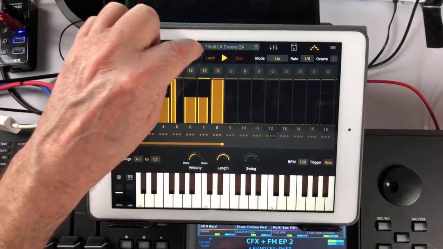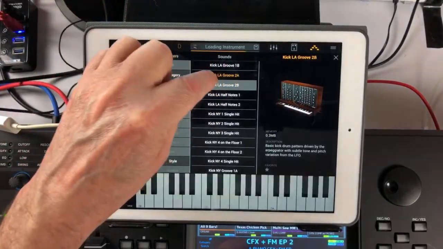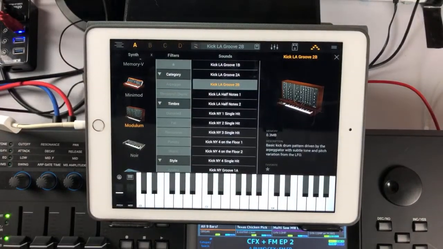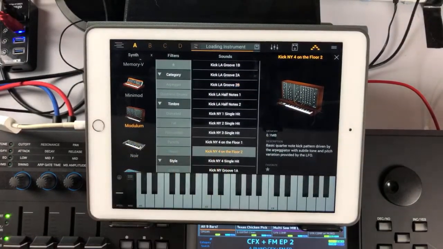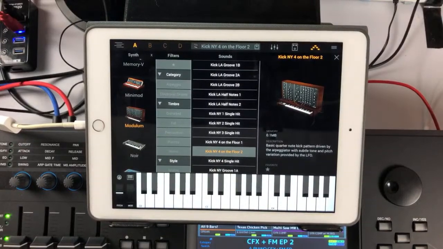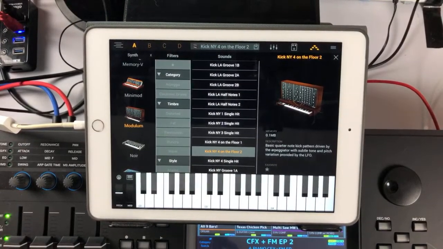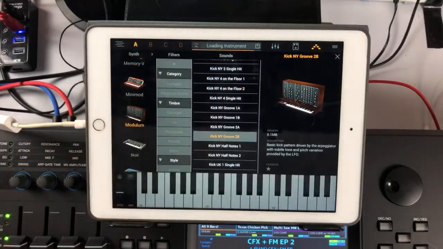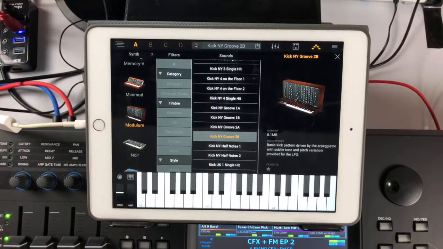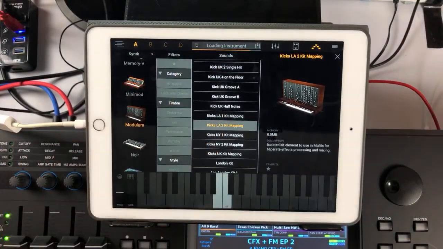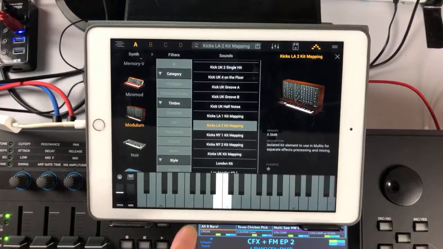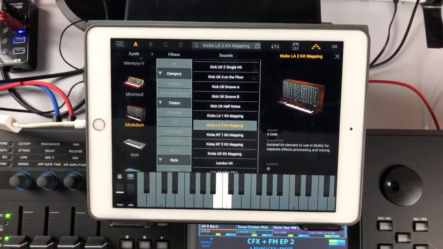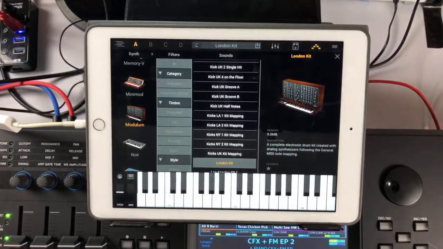But I like the modulum's cool because you can then shape your own drums to suit, like you did in the old days, where all your sounds were, and you've got all these different sounds. So there's some kit mapping here. Let's find it there. So they've mapped stuff over the